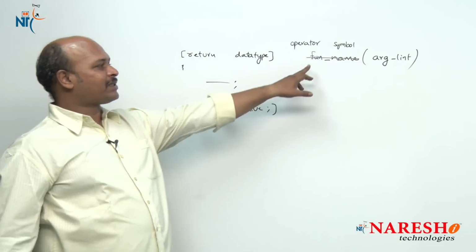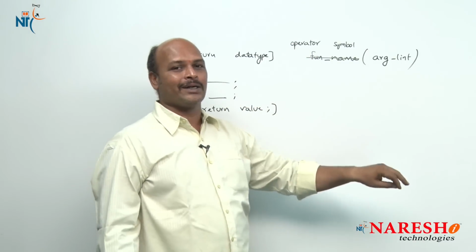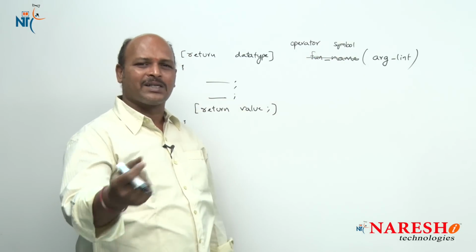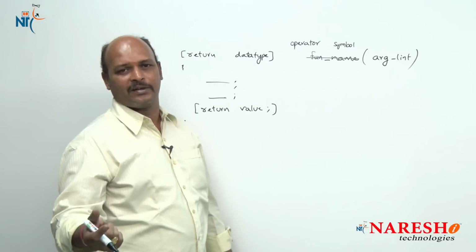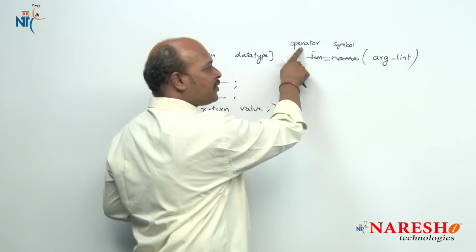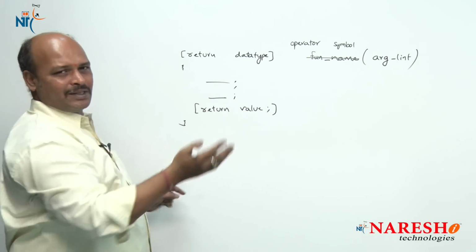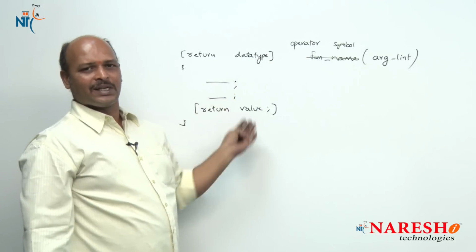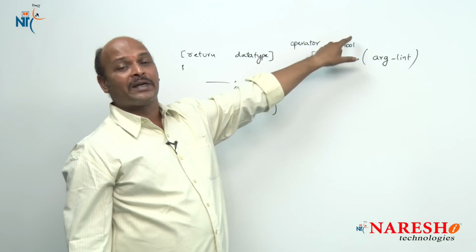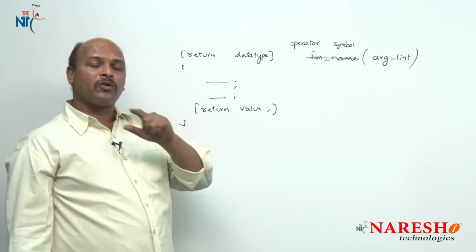Okay, here in place of the function name, we provide first the operator keyword, and later the operator which we are going to overload, that symbol, like plus, minus, percentage, greater than, like that. So the syntax becomes return data type, operator keyword, symbol, argument list. Now watch this carefully. It is nothing but a function, but in place of a function name we are using operator and the operator symbol. That's all.